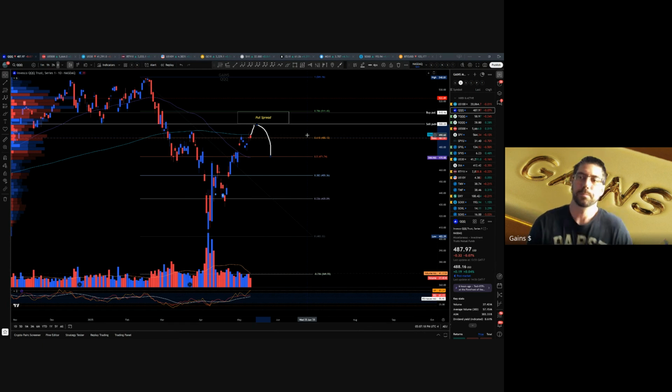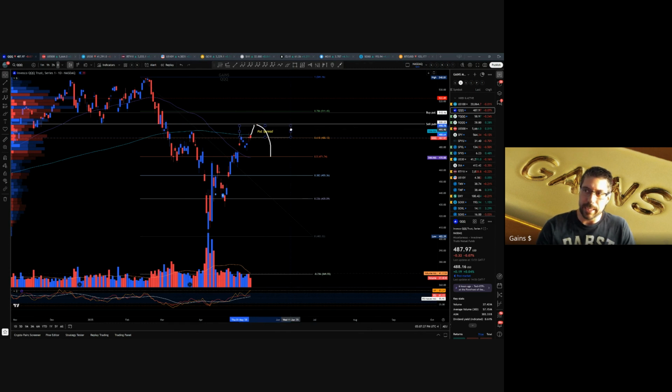So when you're talking about how to play something like this, let's say you have a put spread. You can cash it out. Let's say the price gets back to 488, you probably double your money with that. If it goes down here and you did a short-term horizon, maybe a 3-week, but anything, with spreads you have time, so maybe a month or something, you still wouldn't get as much money, but it's less risk. So the money that you put in, you could cash out half or something like that to get all your money back. So now you're just playing on house money.